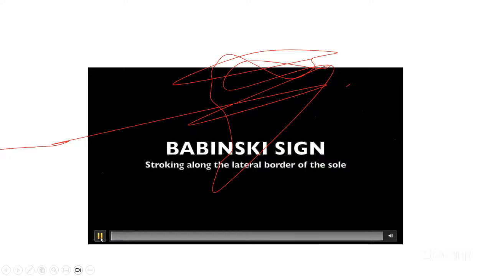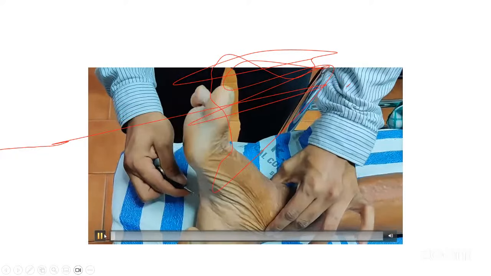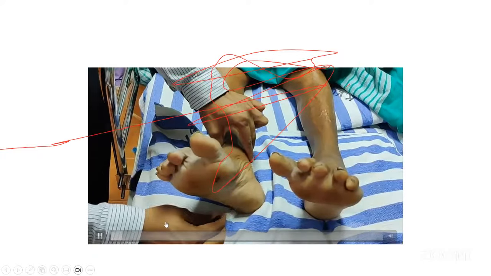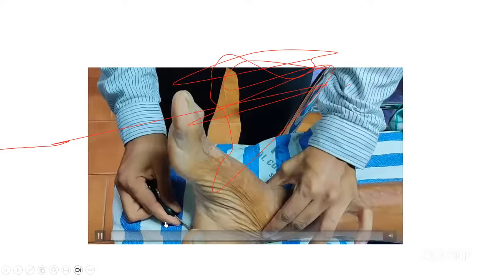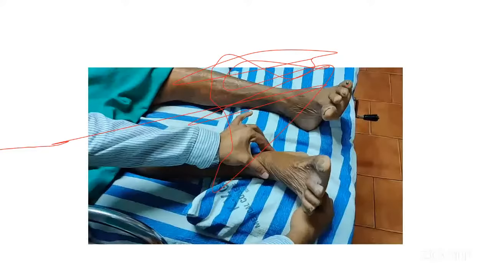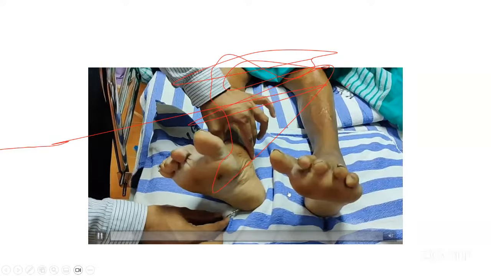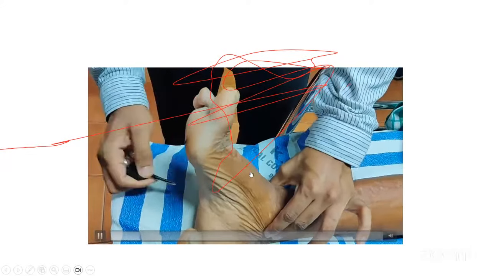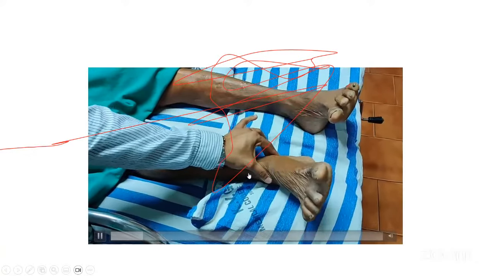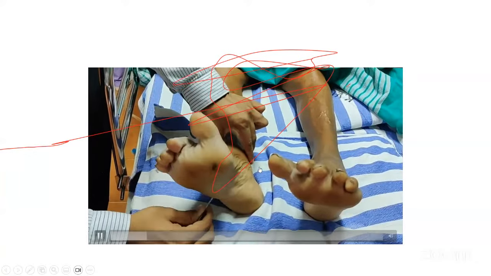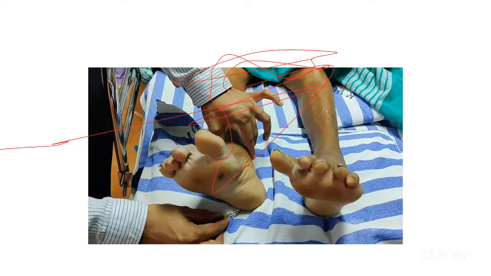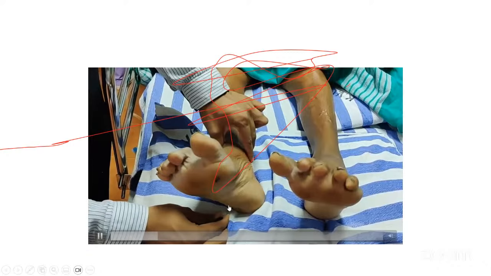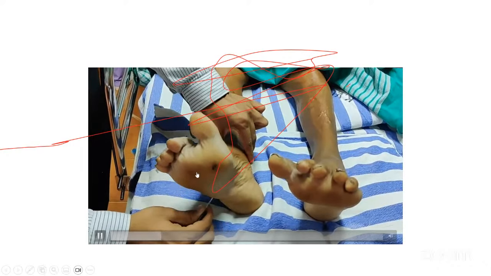So I'm just showing the Babinski. While we are stroking the lateral border of the heel, we are going towards the